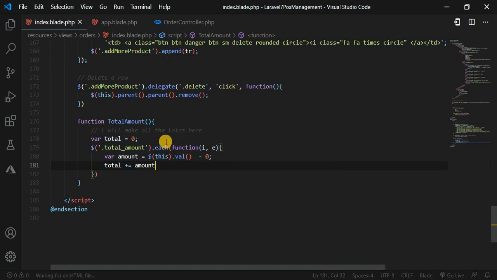Okay, so what I do here, this variable that I assign with the 0, then I check the total amount. For each total amount, the amount will be equal to the value of this here, and it will add both of these things together. Okay,